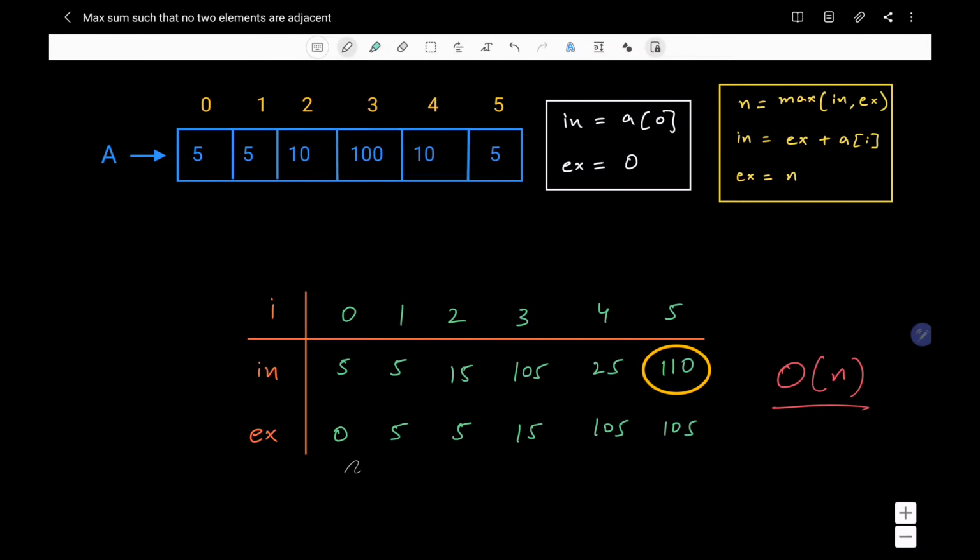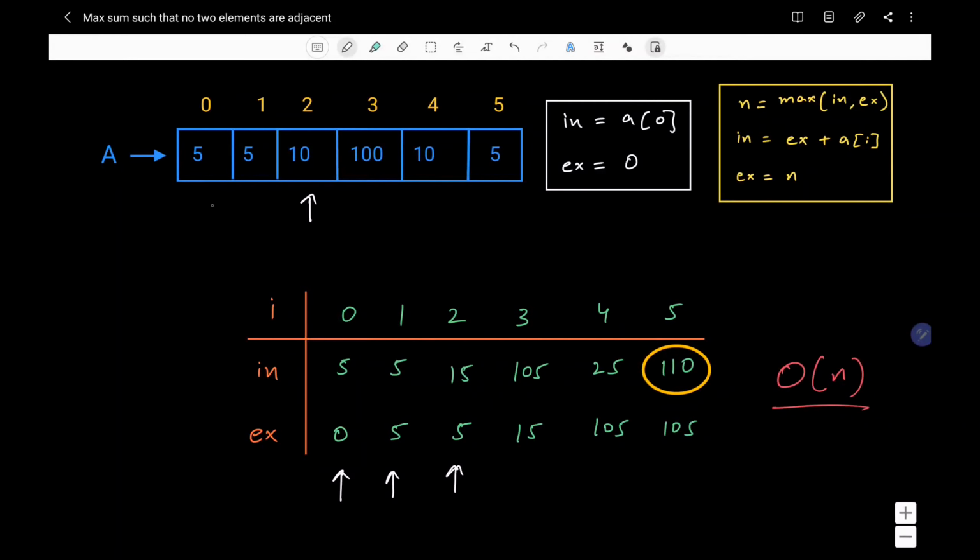One more important thing to note here is that the set of the elements whose sum is stored in the variable in is switched at every iteration. See, at index 0, the value of in has the sum of the element a of 0, and at index 1, the variable in has the sum of element a of 1.